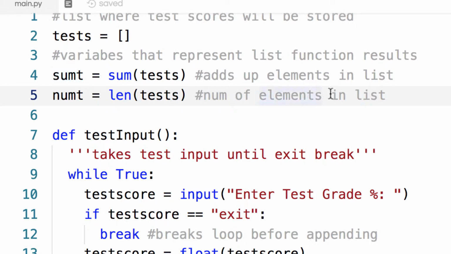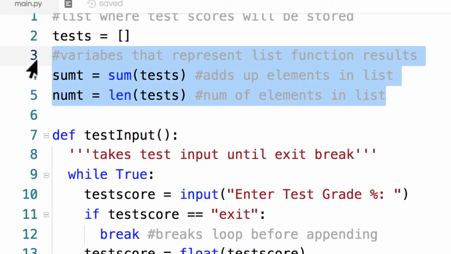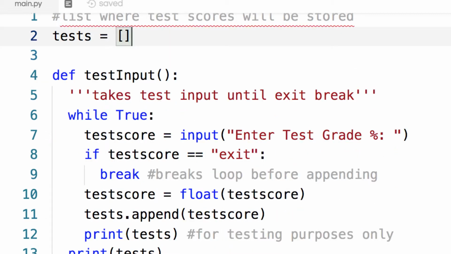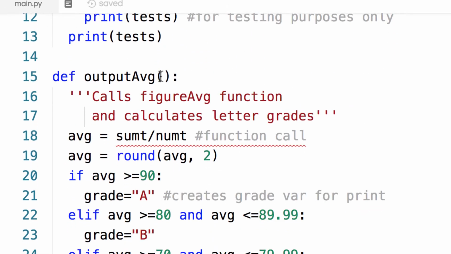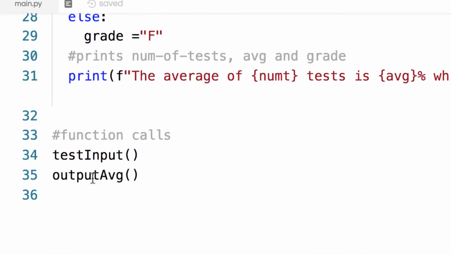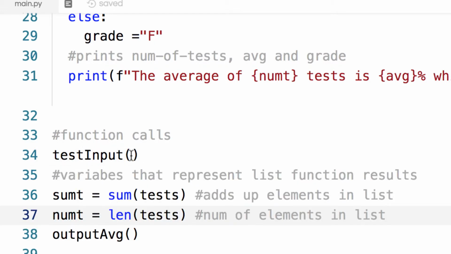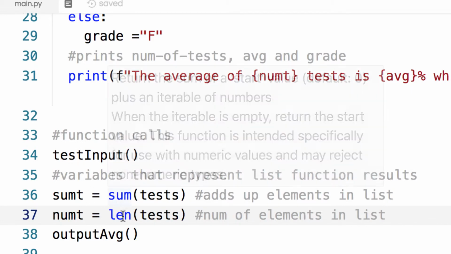So actually, let me cut this out of here, because that was one of the things we had to do to fix it. We could still leave tests up here. And I'm going to move down here to the bottom, and here are our function calls. Test input, and I'm just going to put this here right now, and put these variables that represent that in between. So when we do the test input, it's going to get these numbers,